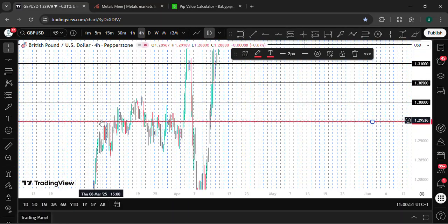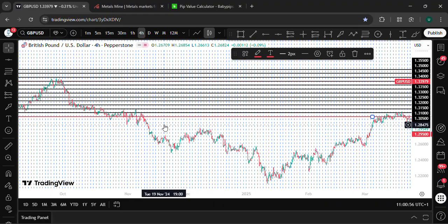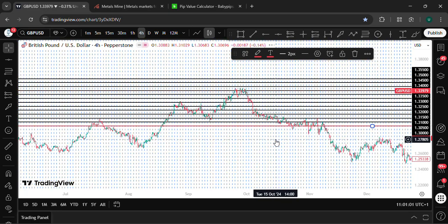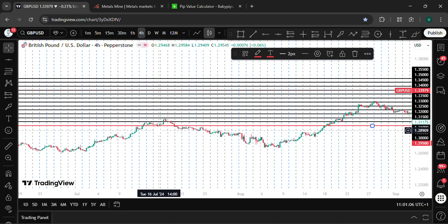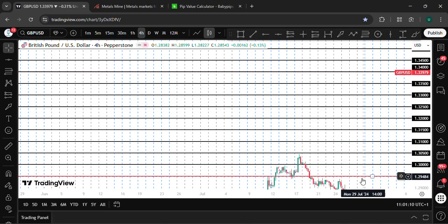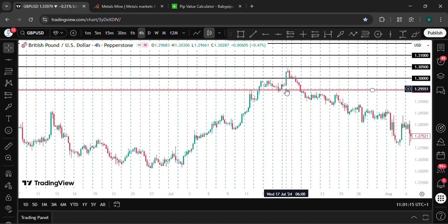So let's look for a cleaner pattern where it respected it. You can see that here. You can see that right here. So psychological level is often respected during trending markets. It's often respected very well during trending markets when it comes to retest,